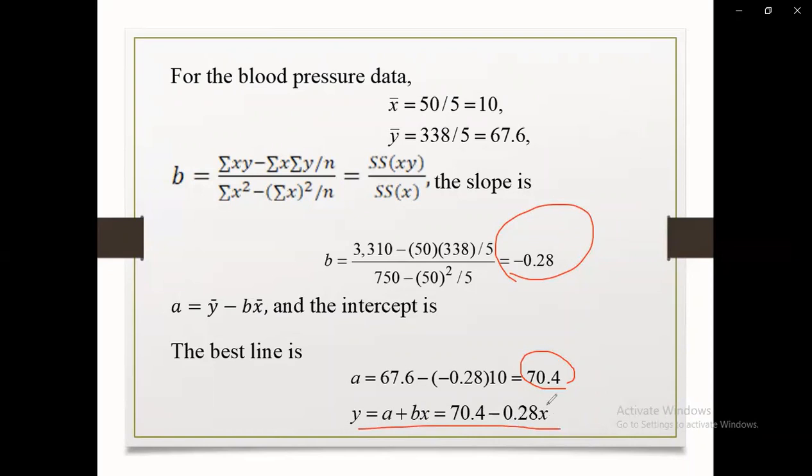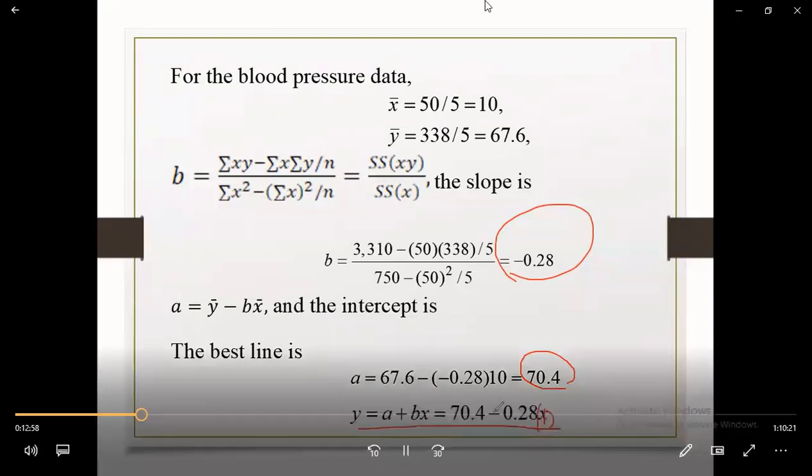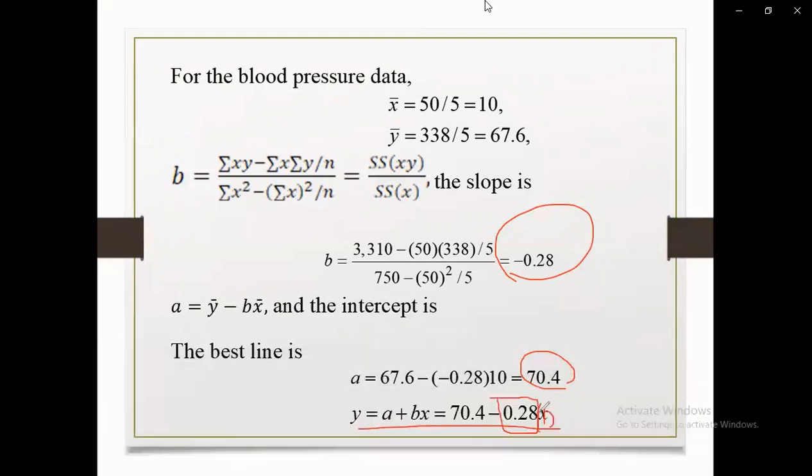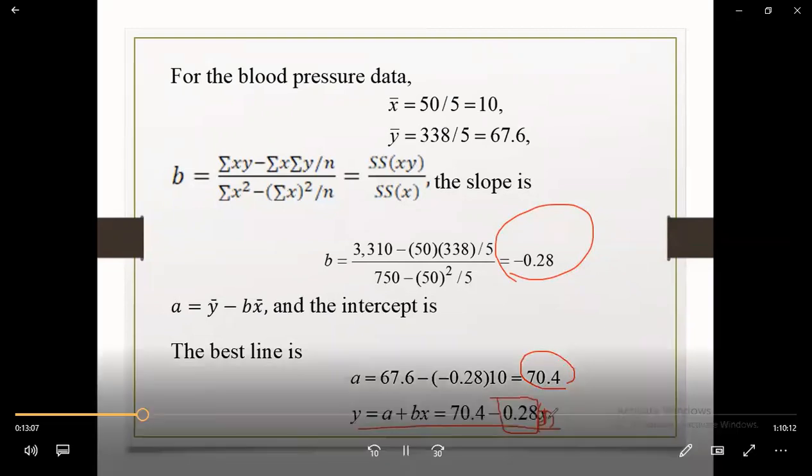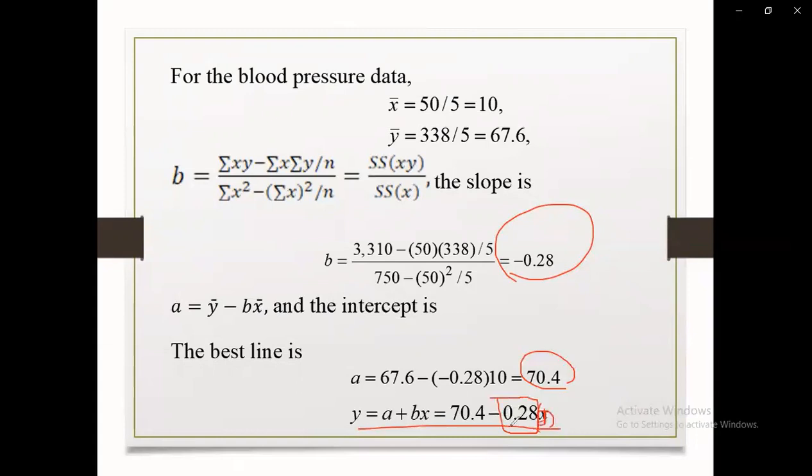a unit, so let's say if x equals 1, then we are going to have a decrease of this coefficient in the value for y. If x goes to 2, it will be this times 2. So it means it's going to decrease further by the same coefficient. So in our interpretation, we say that